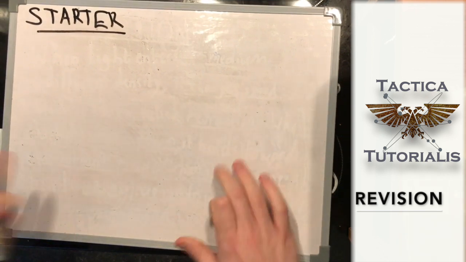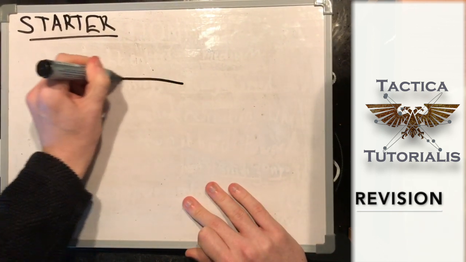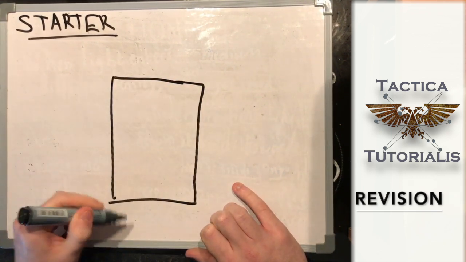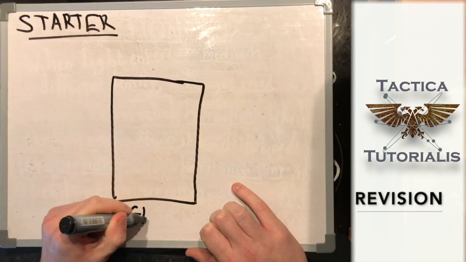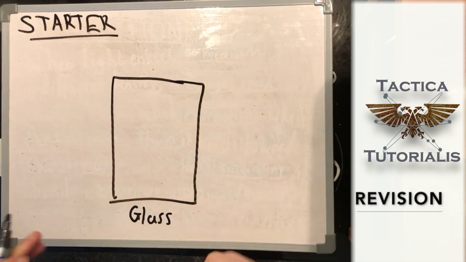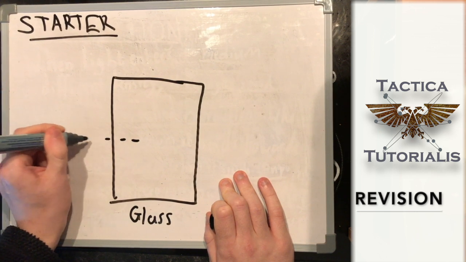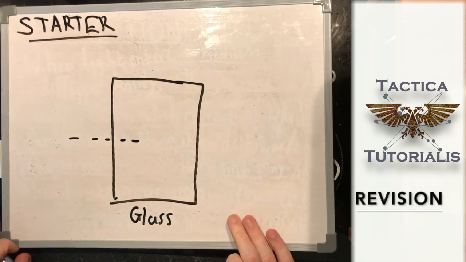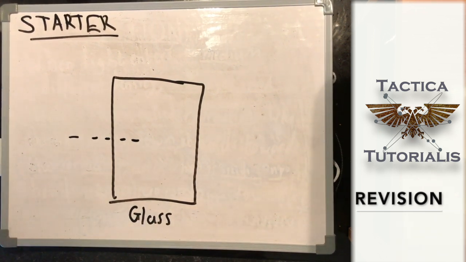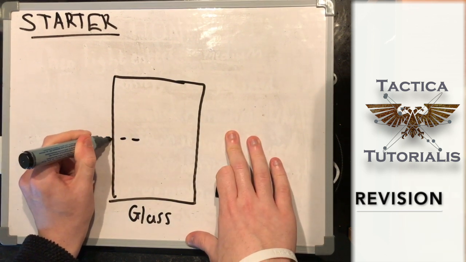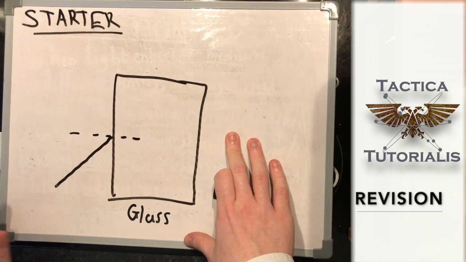So I'm going to draw here a box, and this box is going to be made of, let's say, glass. We often use glass. Particularly with prism experiments, you'll see things made of glass. Now, the normal is like this. The normal is an axis like that. It's an invisible line, and when a light ray, not a beam, a light ray is incident on that surface,